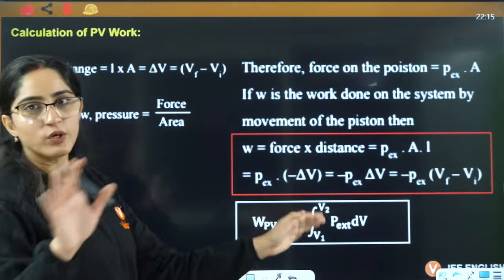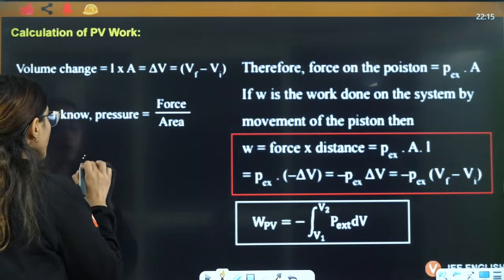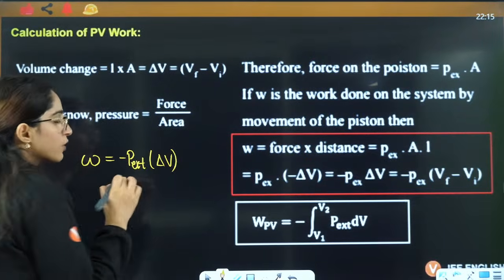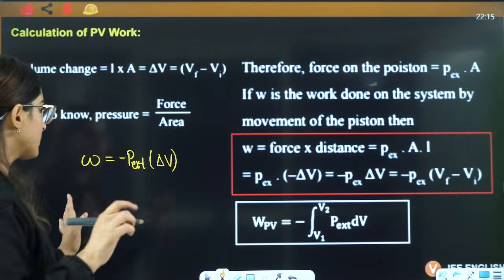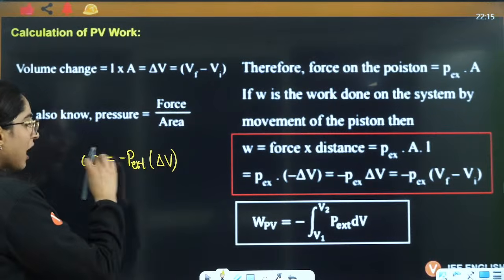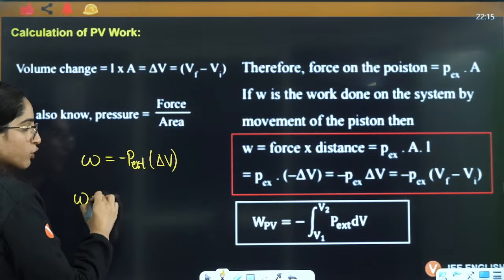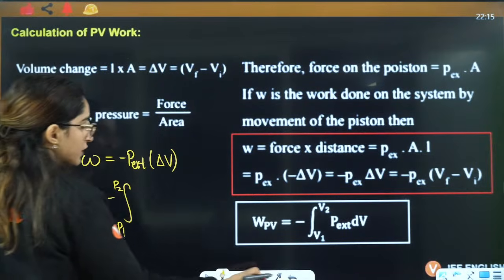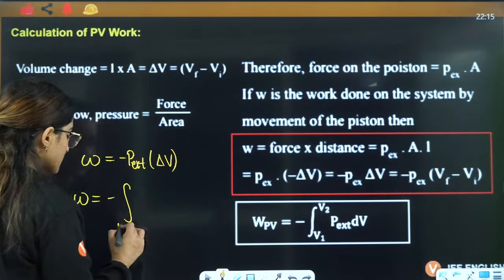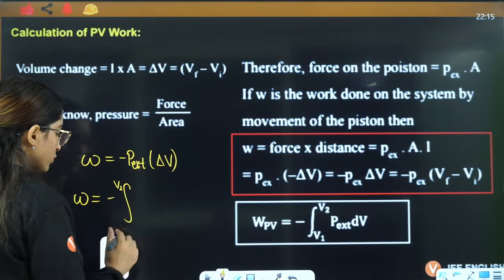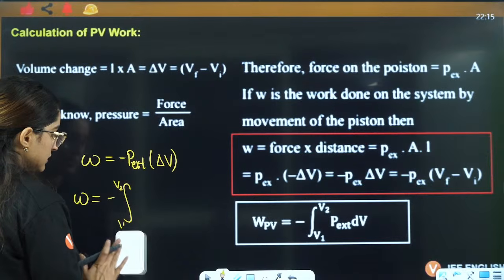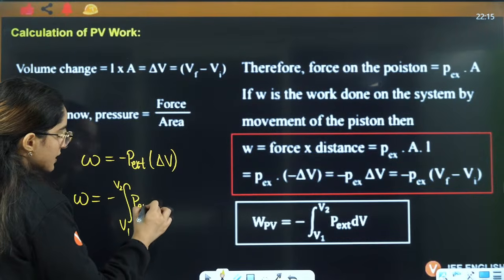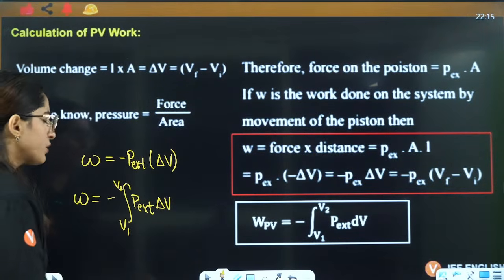All of these things they don't ask you, it's just that for your own satisfaction I am telling you that this is minus P external delta V. Okay, that is the work done formula, you must remember. Now whenever we talk about a large change, it is written like that. Whenever we talk about a small change, we write it like this. This is V1, this is V2, because volume is changing now. So this is V1, this is V2, this is P external delta V, or I would say